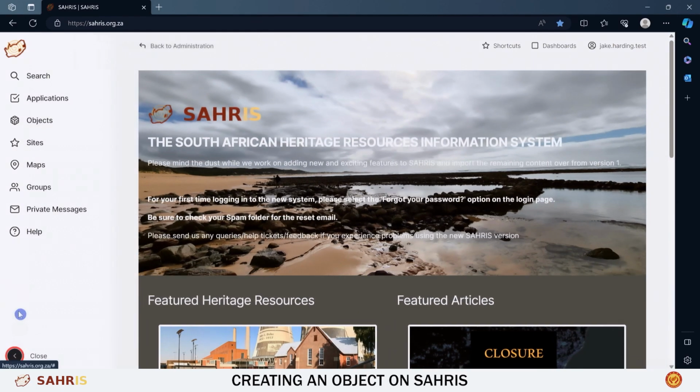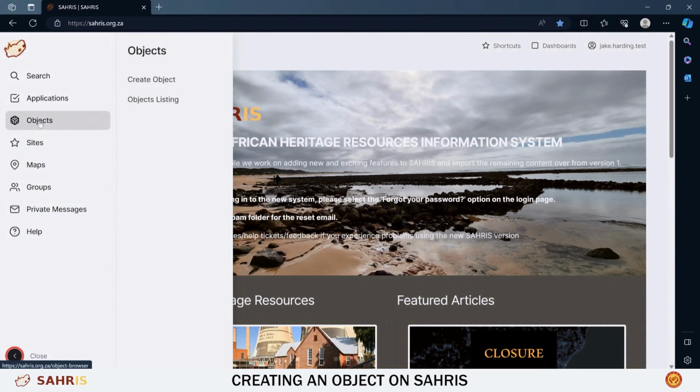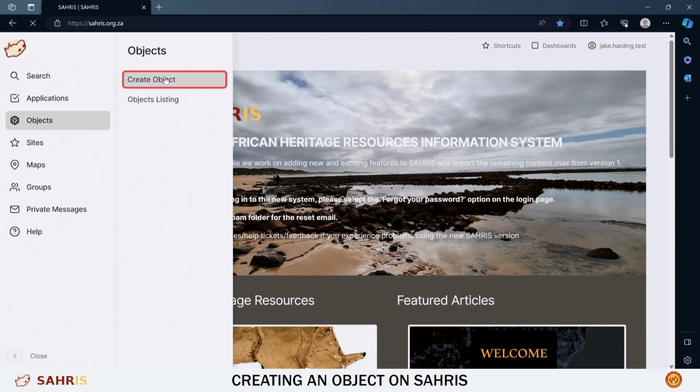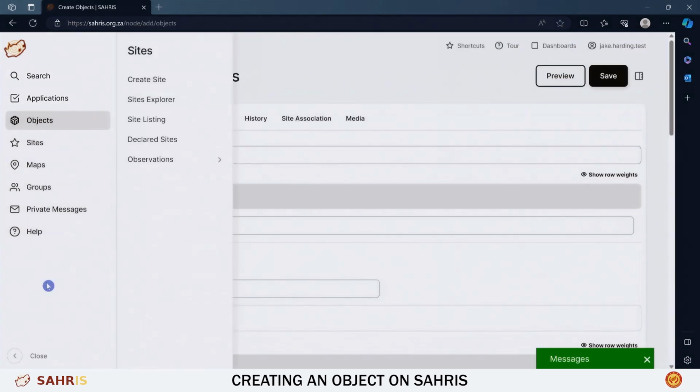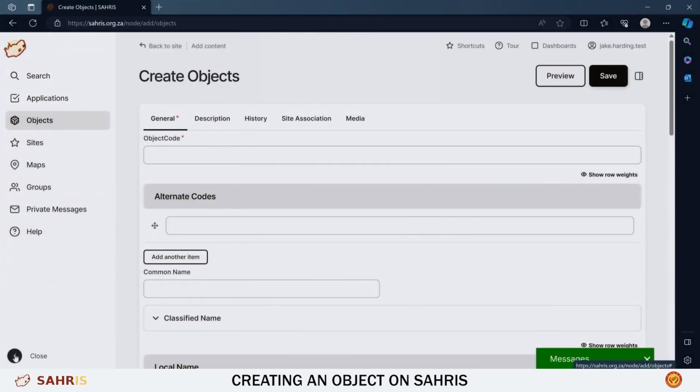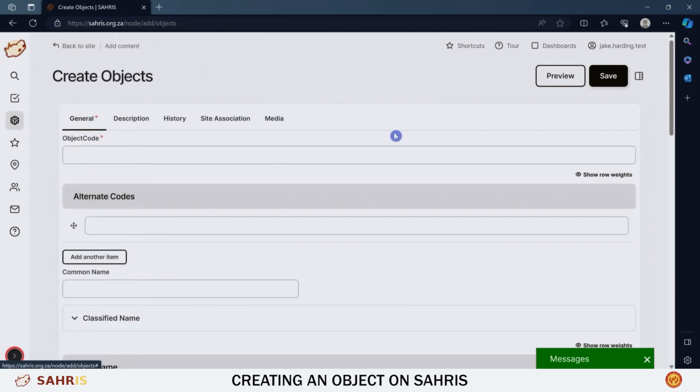So to begin with, cursor over the Objects option on the sidebar menu and click Create Object. You can minimize the sidebar menu by pressing this button on the bottom left to increase your workspace. From here, you are presented with a web form that will allow you to capture all sorts of information around